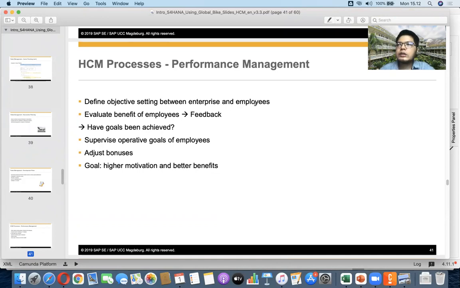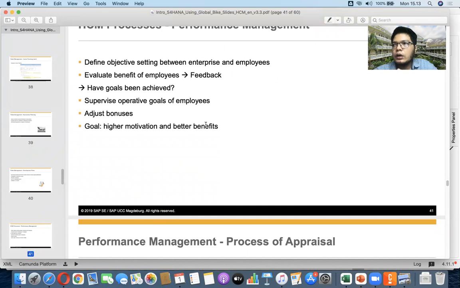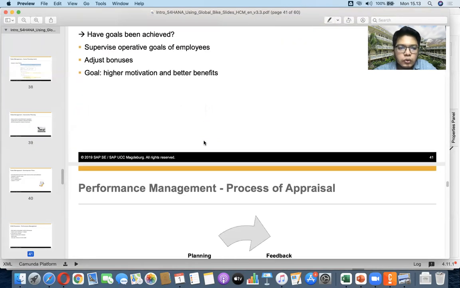So the company and employee talk and come to an understanding of what to do, what the aim is, and what needs to be reached. What is the goal, and what is the benefit if they achieve those goals.